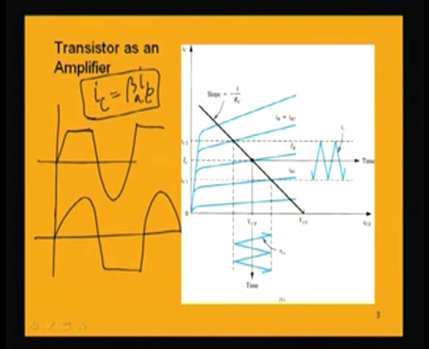So, for all valid reasons, we can assume that the AC value and the DC value of beta are almost equal. Now, if beta times IB is equal to IC, that means it is a linear relationship, and when the transistor is linear, one advantage of analyzing the transistor in the linear region is that we can separate out the DC analysis and AC analysis, because when a system is linear,